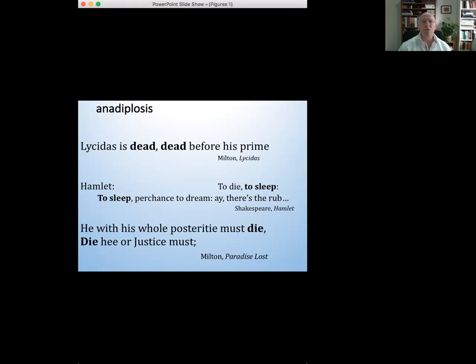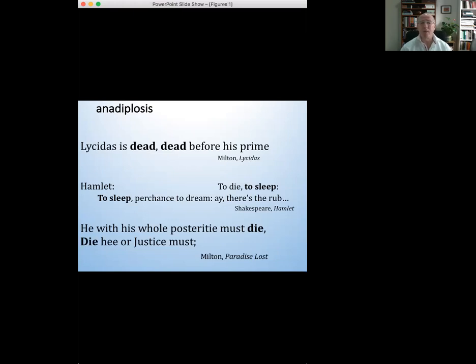Think about the difference between the common way and the figurative way. We would more commonly say "Lycidas is dead before his prime," but Milton writes "Lycidas is dead, dead before his prime." The anadiplosis, I think, slows it down, makes it heavier, makes that word dead more forceful just by virtue of the repetition. And I think it goes to establish that tone of sadness and lamentation that is notable in this poem. But consider this one from Hamlet. You may be familiar with